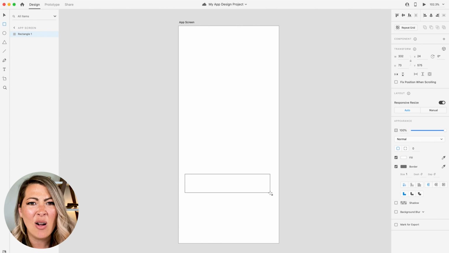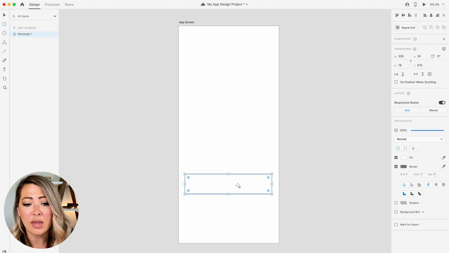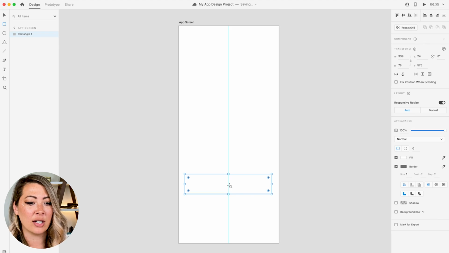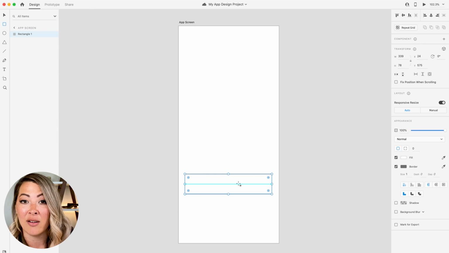Now you might be wondering, how large of a rectangle am I supposed to make here? Small, large? What we want to make sure is that it's large enough for the user to be able to click with ease. That touch target is large enough for the user to be able to click. The other thing you want to consider is that we're going to have to add text into the button. So a button is really comprised of a shape plus text. We want to make sure the text is large enough to read inside that button. We'll get into text in tomorrow's lesson.